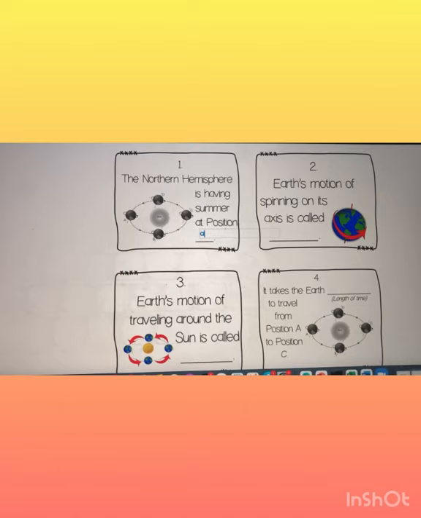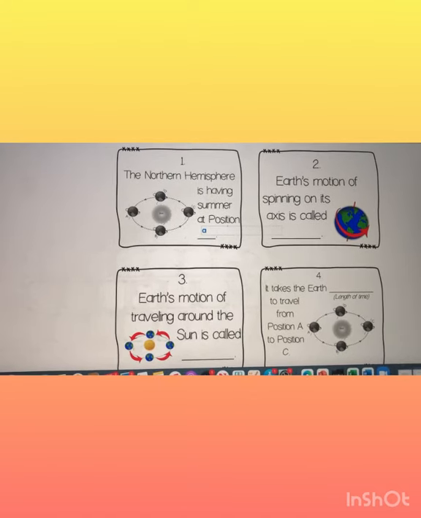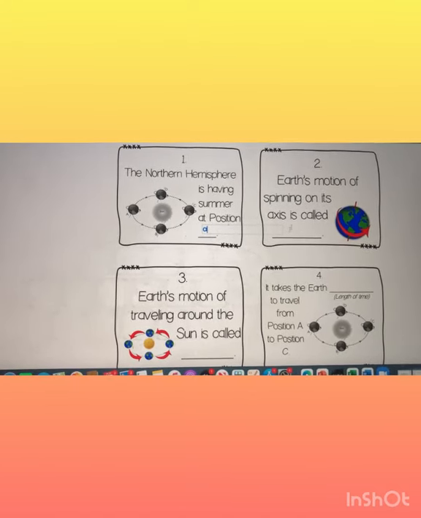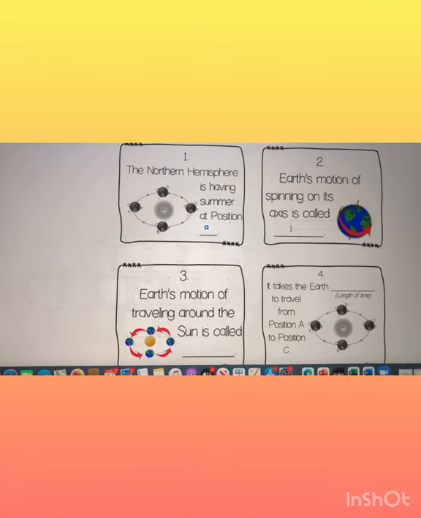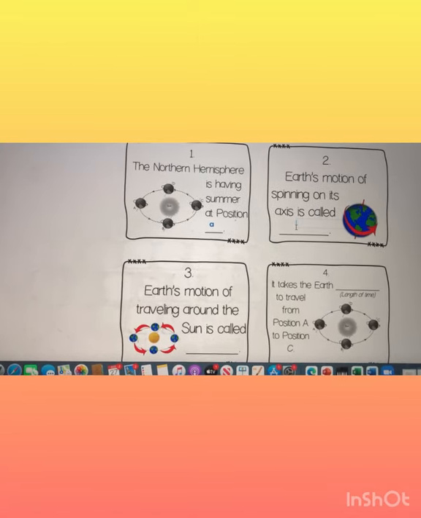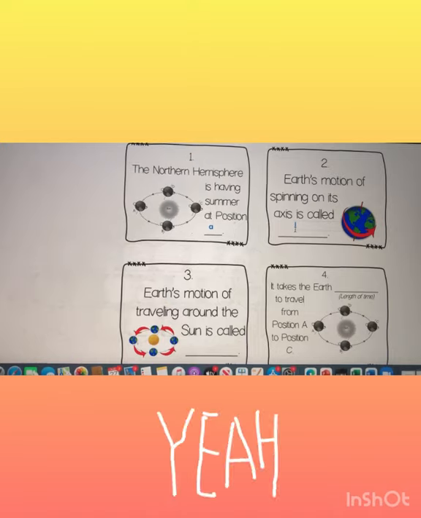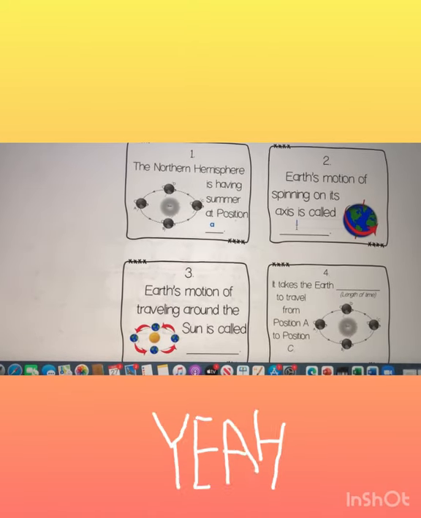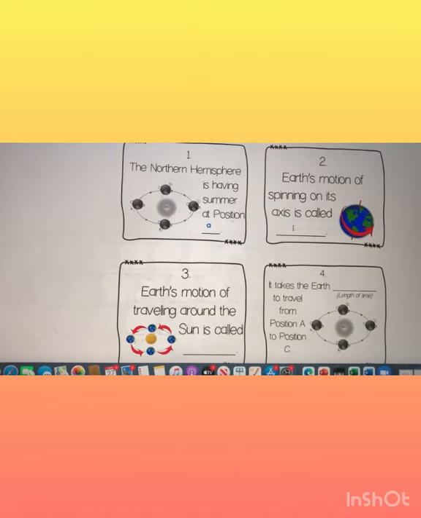Okay. That's right. Thank you, Maria. You are correct. It is A. And your responses will stay, they won't go away. Earth's motion of spinning on its axis is called